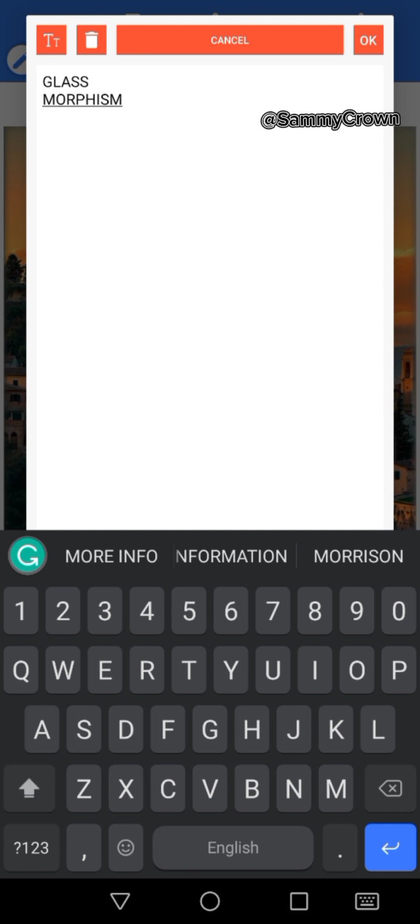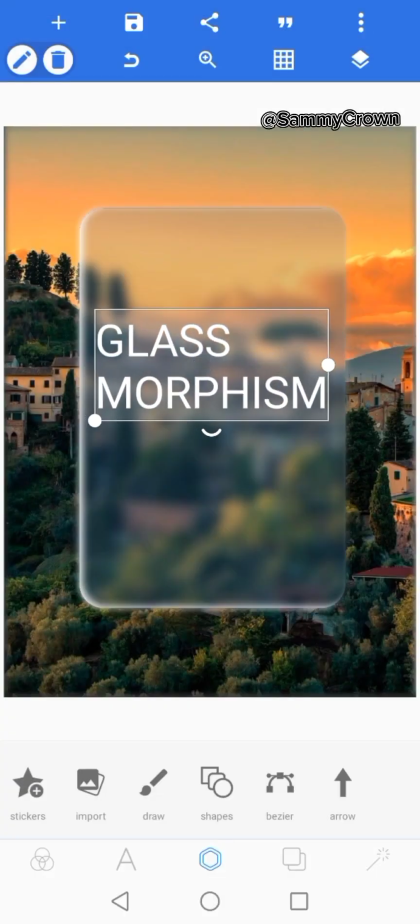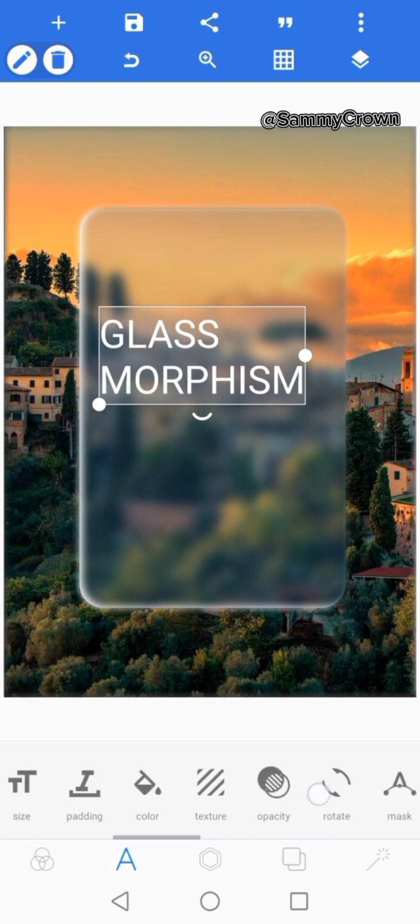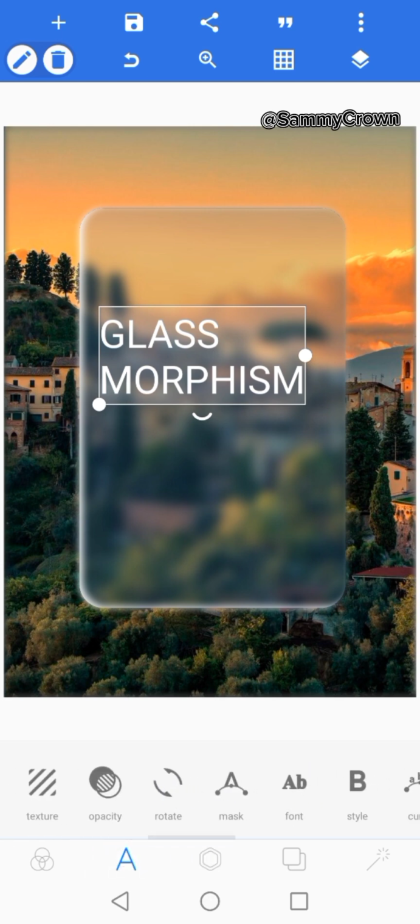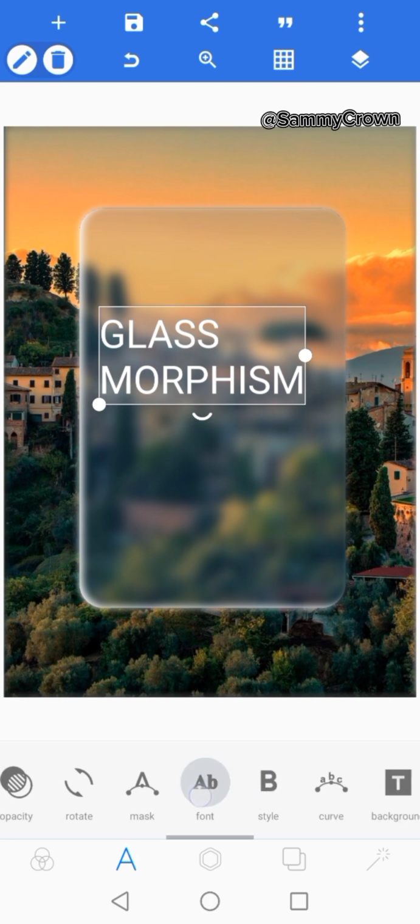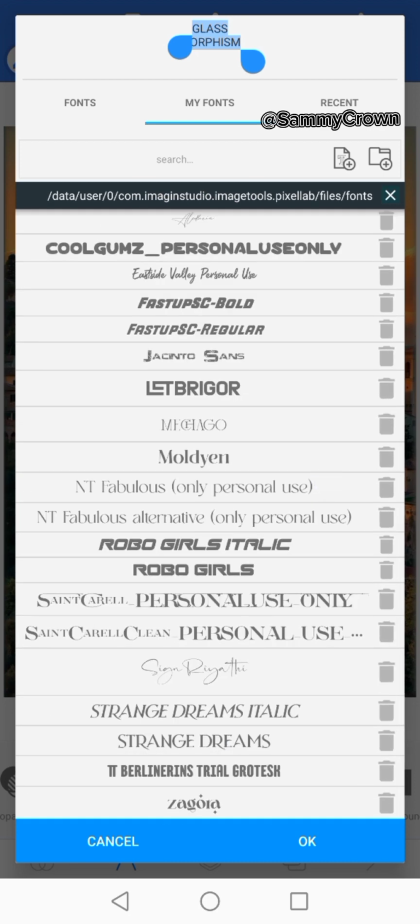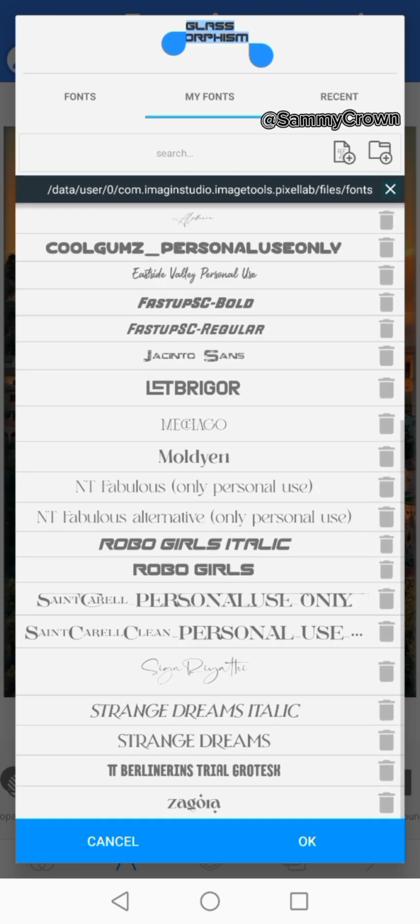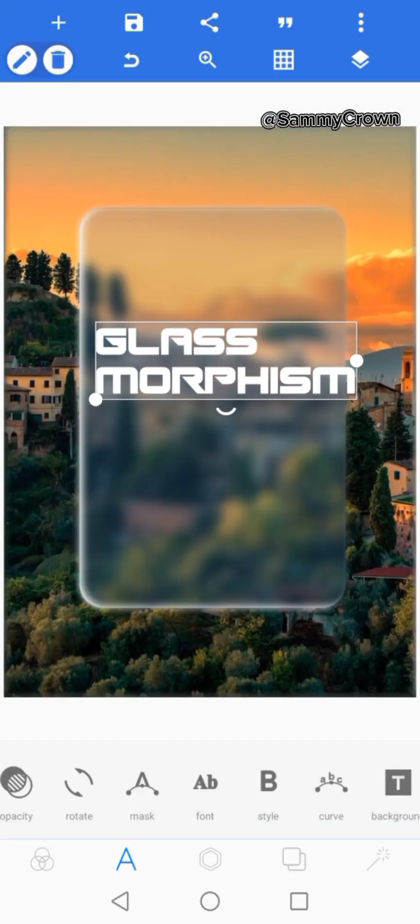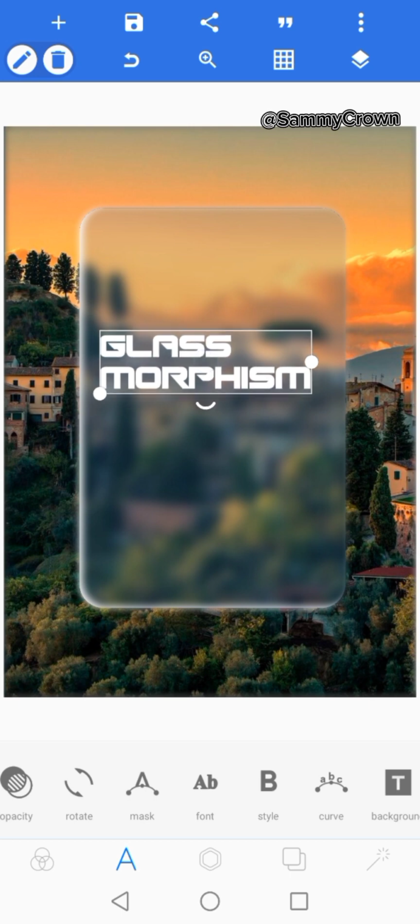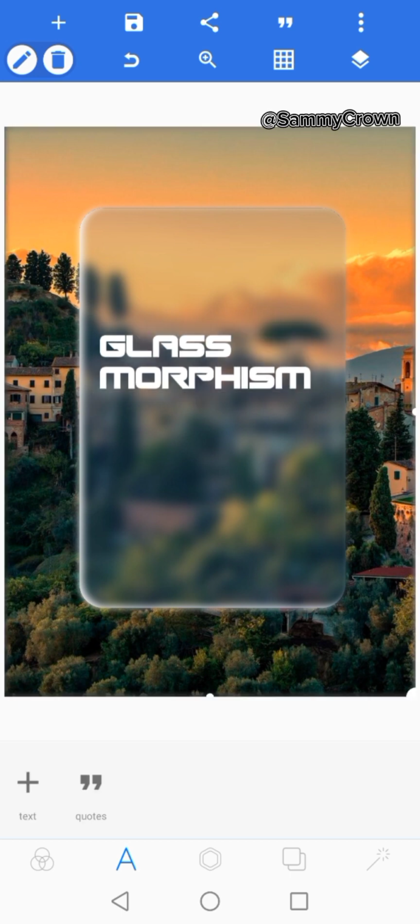okay, already have this, and then text, let's go to font. I'm just trying to show you this, and we already achieved the glass morphism. Okay, all right, so this is what we need and this is what we need to do. So with this you can add whatever you want to do with it, but this is how you create your